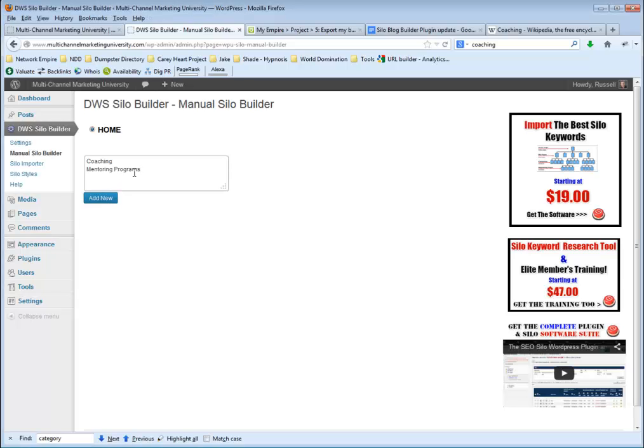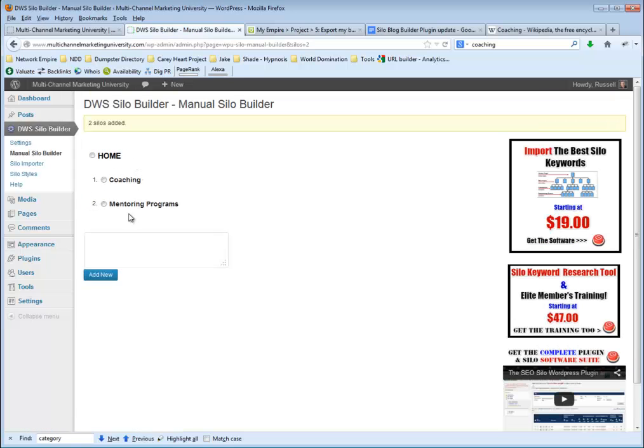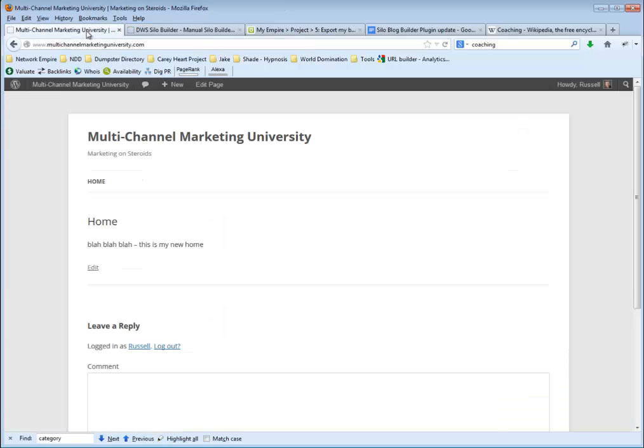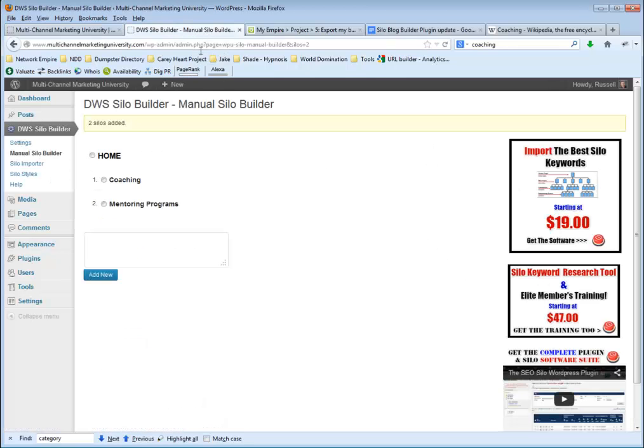So I'm adding 2 silo pages here. I've entered 2 keywords. I'm clicking the Add New. And you can see now both of these have become silos. So if I come back here and I hit my refresh, these should show up here in the menu. Hey, that's great. Alright, so don't have anything over here in the sidebar yet,